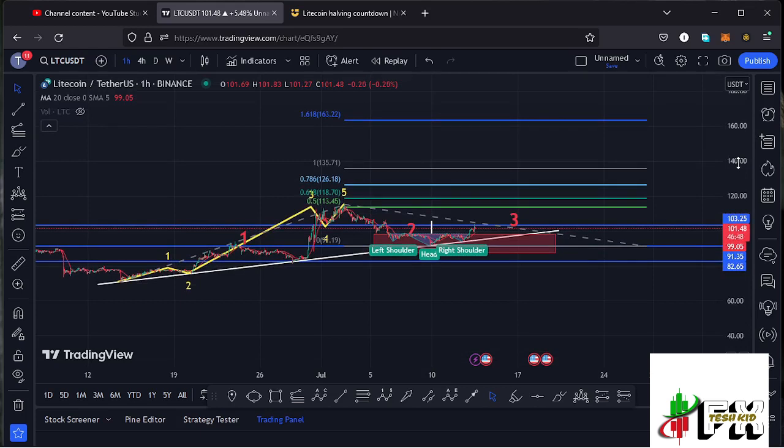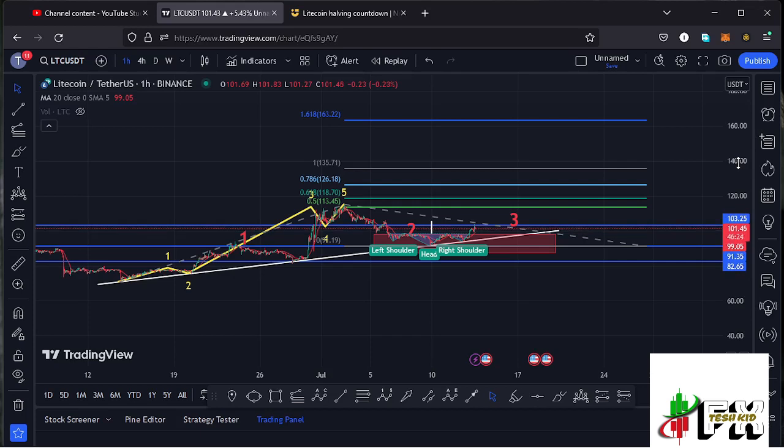So let's keep our eyes on that key area of resistance at around the $103.25 mark, because a break above that could help Litecoin get above the 115.18 high, and from that point we can continue gearing up and fully maximize minimum target areas for the third wave at around the